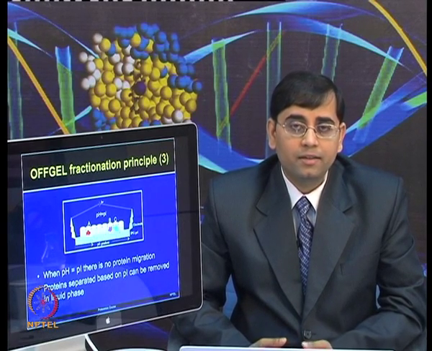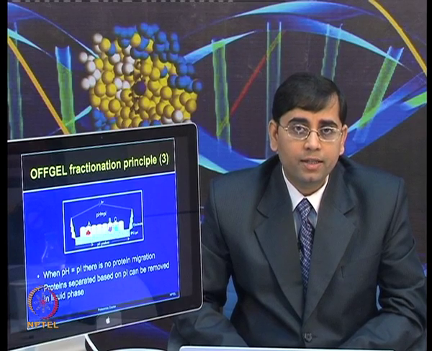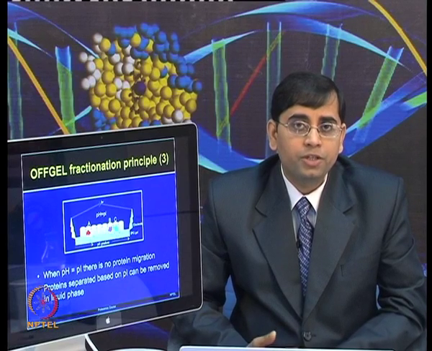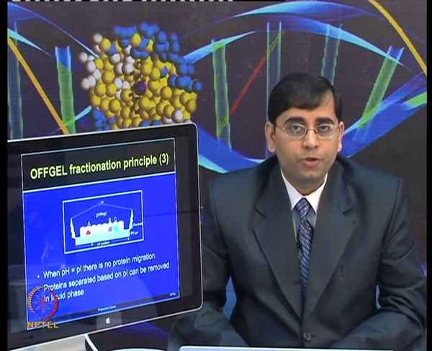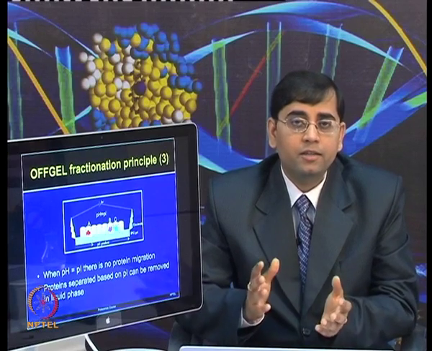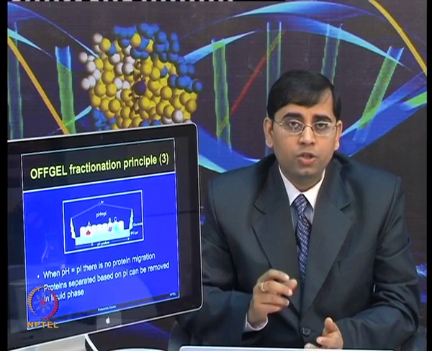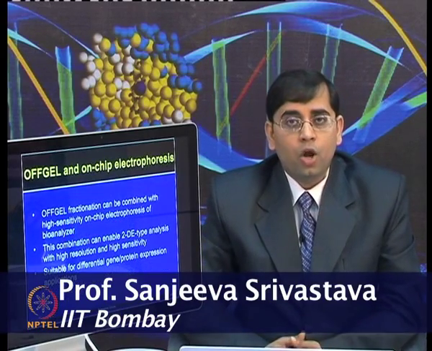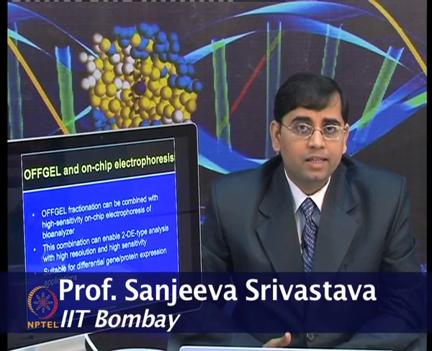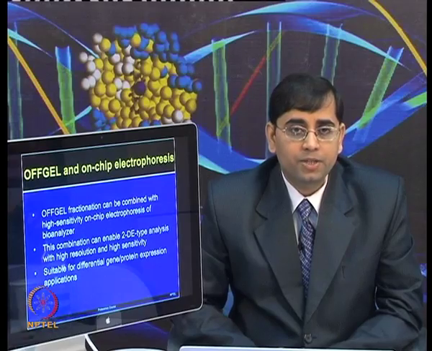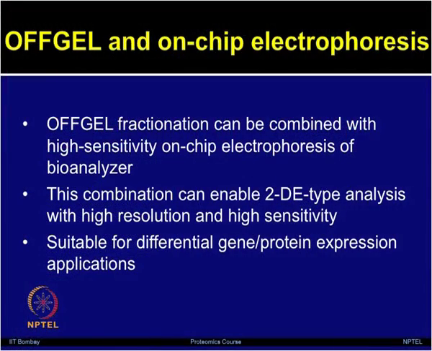Now, you have seen the very easy example of 3 proteins. Ideally, people use this for very complex protein mixtures to reduce the complexity of the overall proteome and separate or fractionate the overall proteome based on the isoelectric point, and collect each of the fractions, which can be separately analyzed further using LC-MS approaches. Off-gel itself is sufficient and used widely for various LC-MS applications, but the same manufacturer have